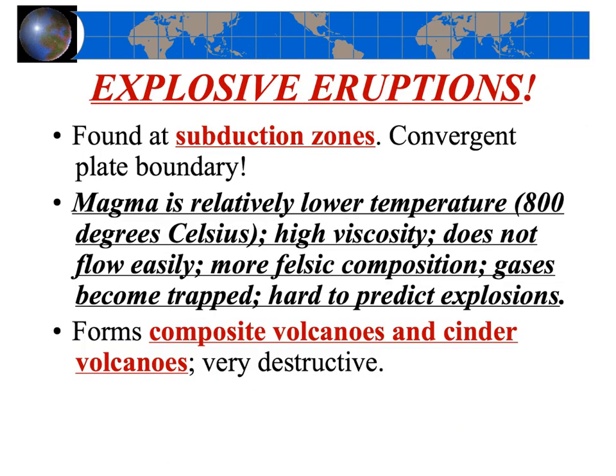Explosive eruptions I relate to convergent plate boundaries. Anytime two plates come together, one plate loses and gets subducted down into the asthenosphere. So think about subduction zones when you think about explosive eruptions. You typically get ash and cinder volcanoes, but definitely composite volcanoes that are very destructive. The other thing I wanted to say is every time you think of explosive eruptions, you need to think